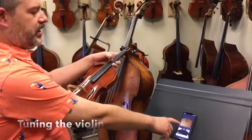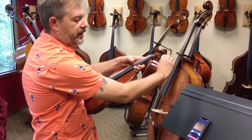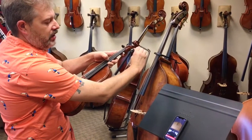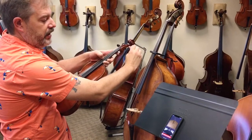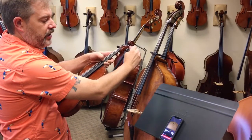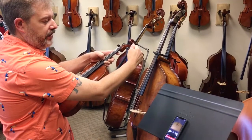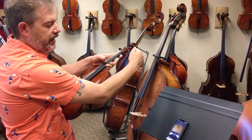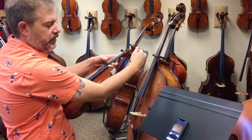Right now I'm at D4, which is below the A4. And so as I'm pushing in and very gently, you see I'm barely moving the peg at all. The notes are climbing up the scale. E, F, F sharp, G, now I'm all the way to A flat, now I'm to A, and you'll see I'm almost there. When I'm talking, it's messing with this, but...